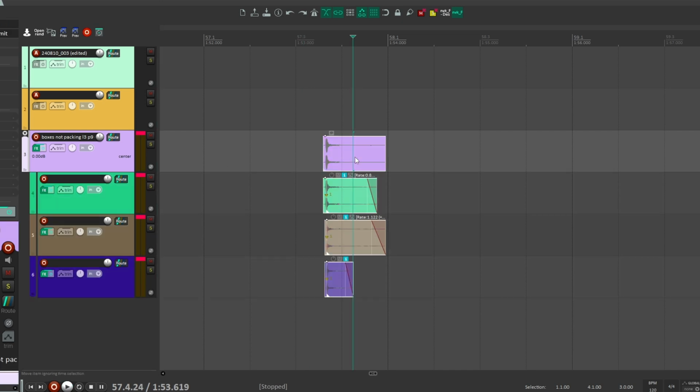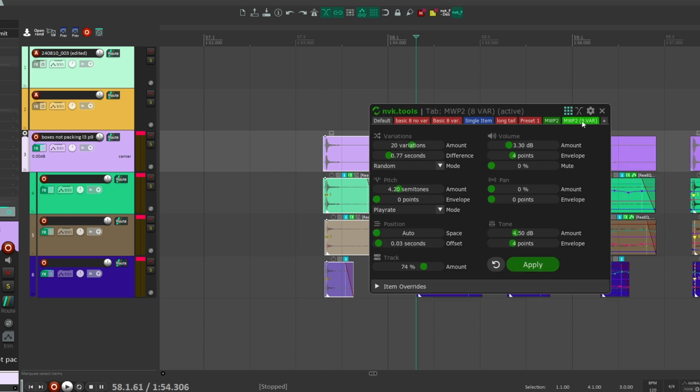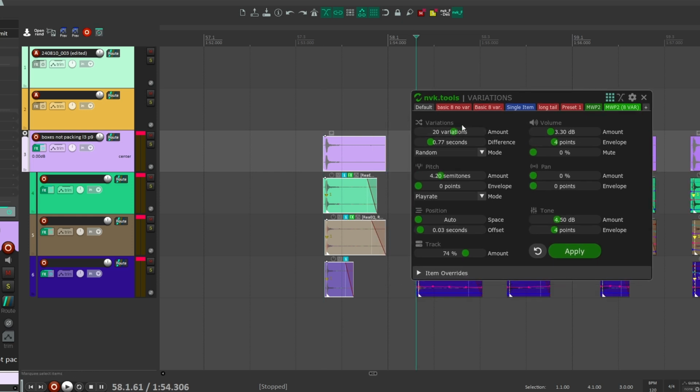But when it does become noticeable is once you start using MVK variation here. And here you can see I have 20 variations. I'm changing the pitch, I'm changing the offset just a little bit. And why it's important that I added these effects is because I'm changing the track. So I'm making sure that 75% of the time, the items are going to a new track. That means a new effect is gonna be applied to them, right? So they're never gonna be applied the same effect. The effect is gonna apply to the different layers each and every time. So that's gonna add even more variation and change to our sound. And we also have an EQ here to change the tone. So now if I play it,